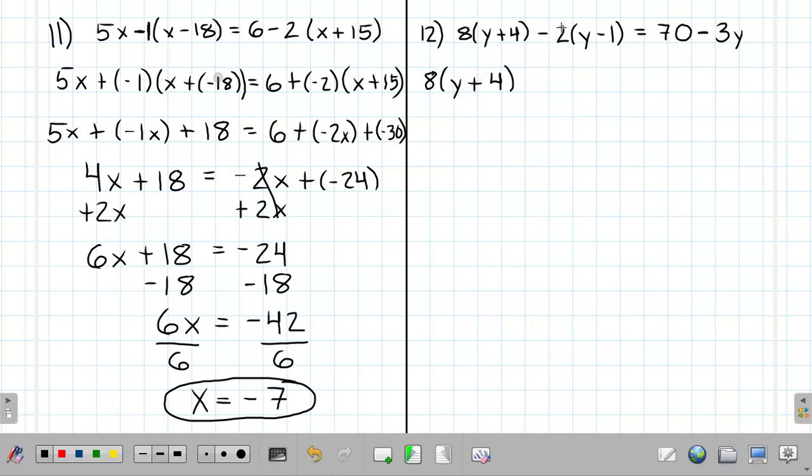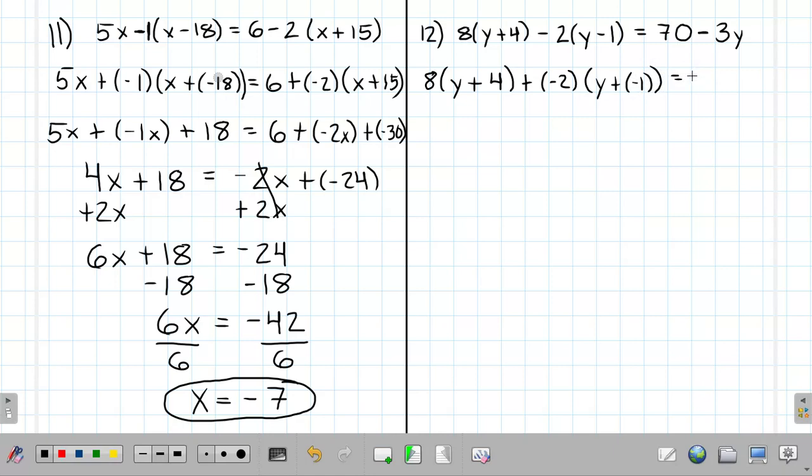And once again, a lot of people would say, well, we're just going to distribute the 2. So we would have minus 2y minus 2, okay? But that's not technically correct. And we can see that if we write it as a sum because we would have,